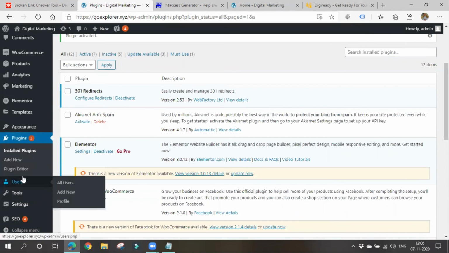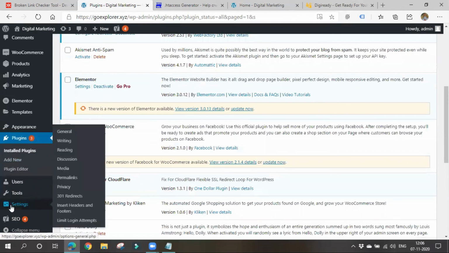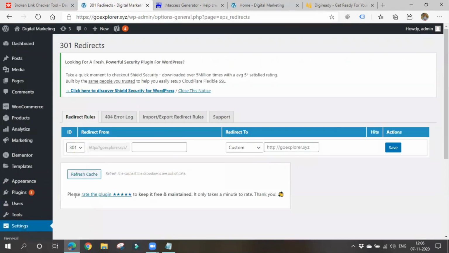That's it. After you install this plugin, you can see it in settings. Go to settings and see 301 redirects. Here, as I said, there are two types of redirections, 301 and 302. 307 is also one kind of redirection. 301 is permanent, and 302 is temporary.